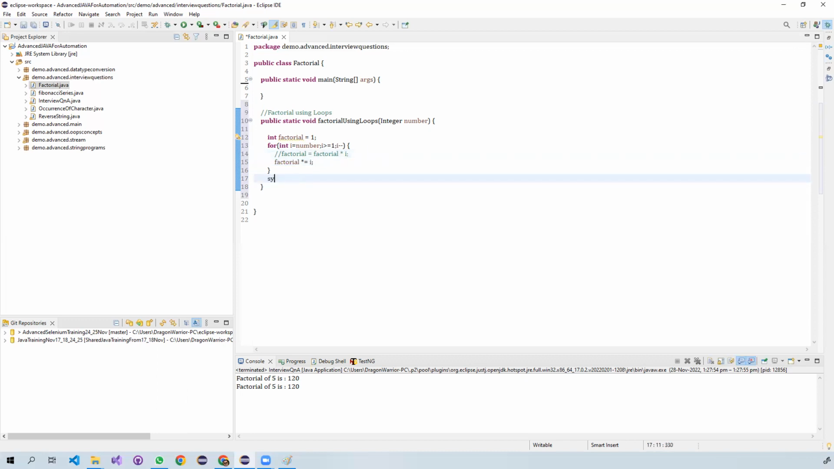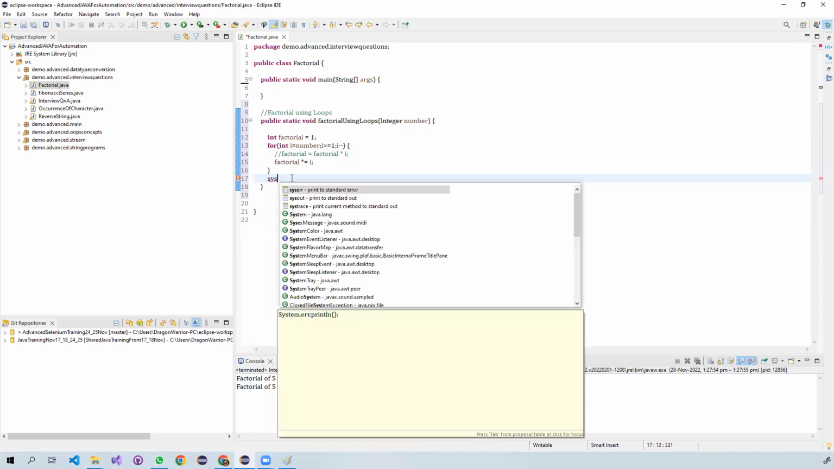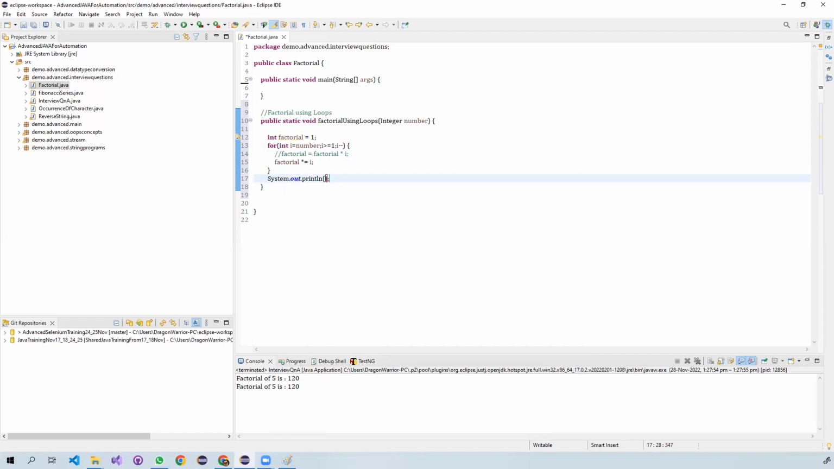Now let's print it out, sys out, here factorial of number is factorial. Let's see if this works. I am going to give one factorial of, let's suppose